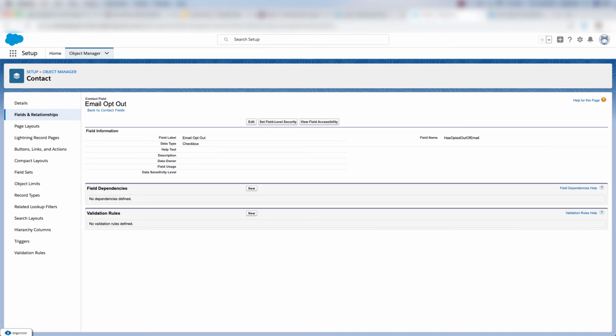And that's it. We have installed Marketing Cloud Connect and configured the Salesforce CRM in the right way so that we can be prepared for Marketing Cloud Connect to work correctly in Salesforce. So this is what you'll do for either Sales or Service Cloud whenever you connect to Marketing Cloud.